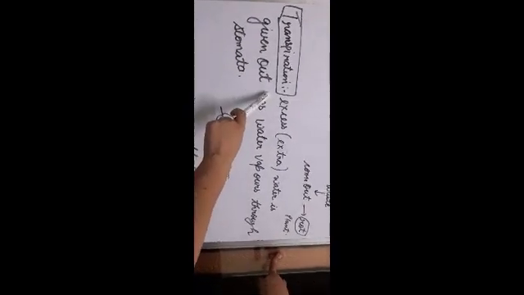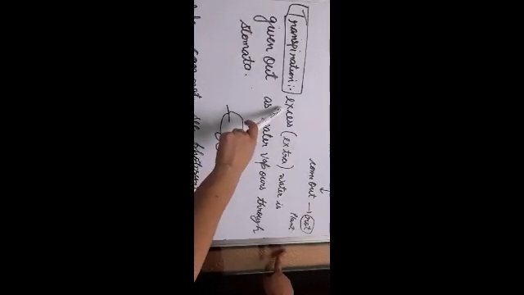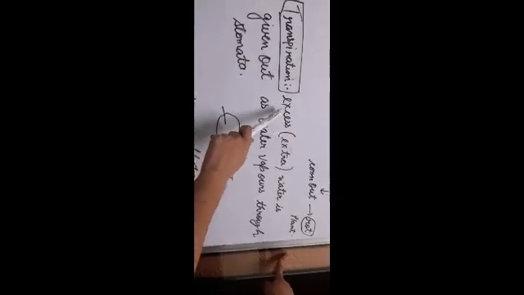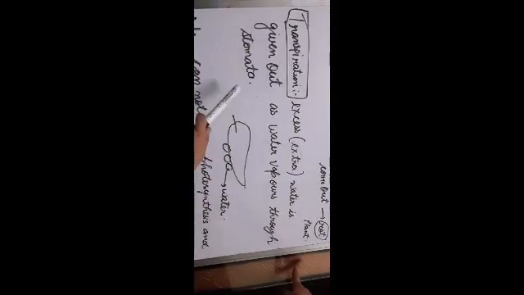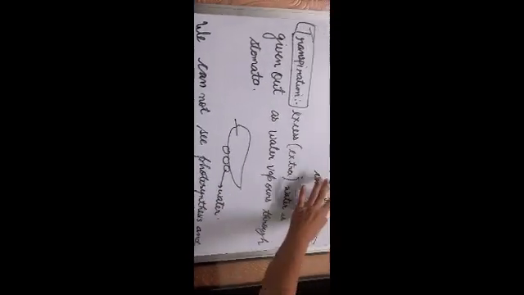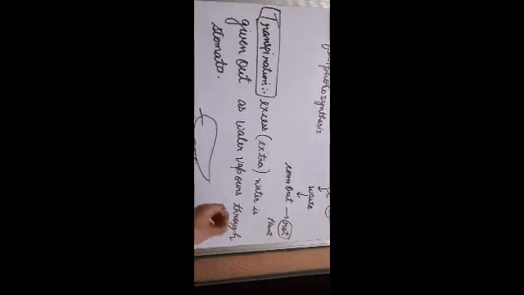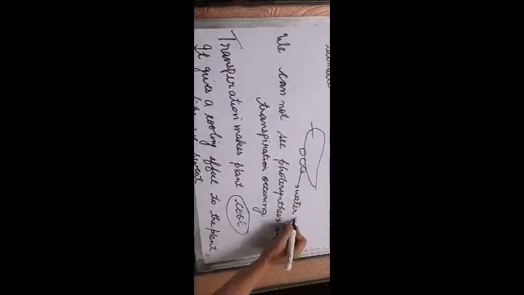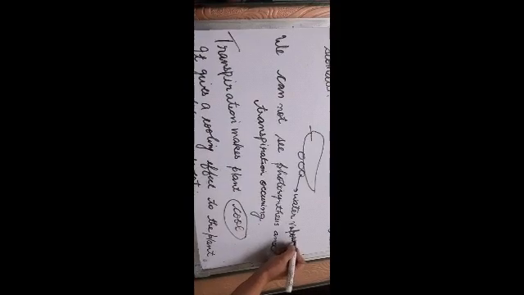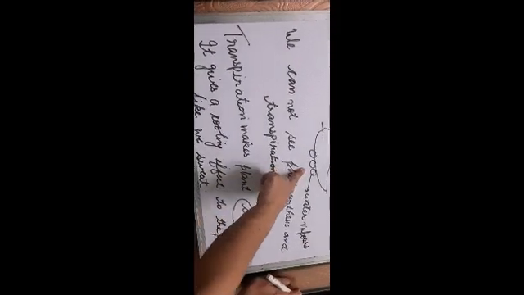Now what is transpiration? The definition is very very important. Excess means extra. Excess water is given out as water vapors through the stomata. So this extra water, this waste water, is given out from the stomata in the form of water vapors. So the extra water which is there inside the plant comes out through the stomata into the air.